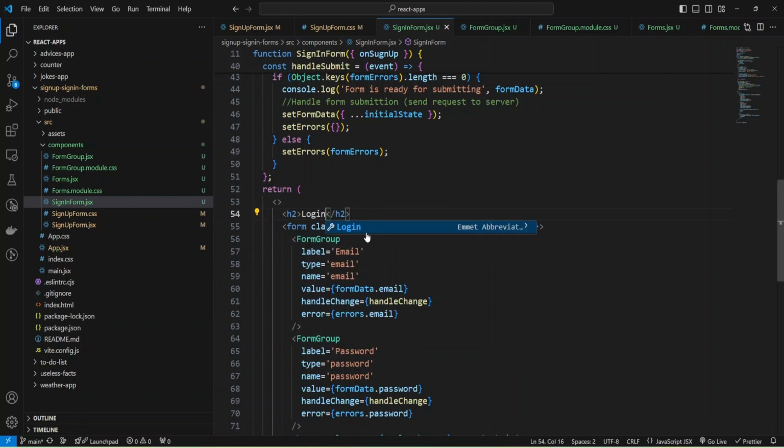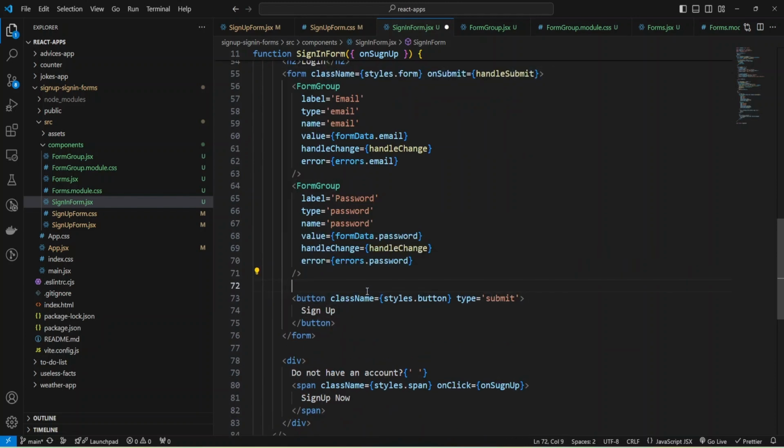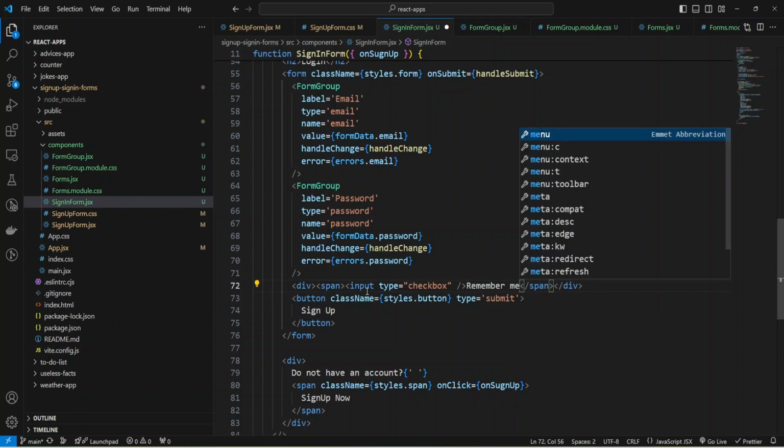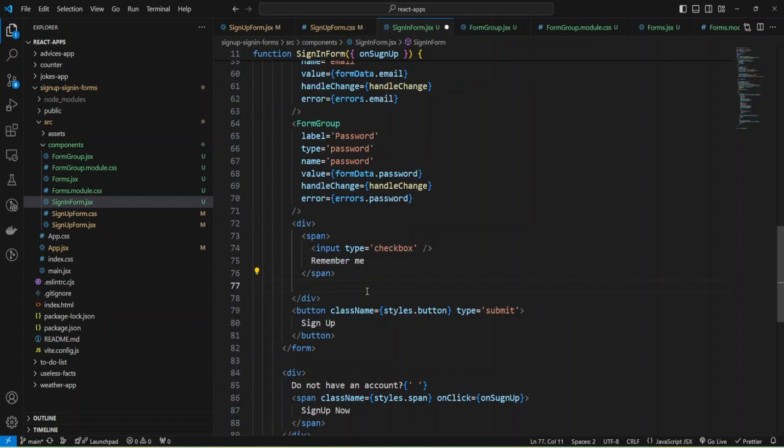And we need to add some div below the password field. Div and provide some span. And inside span will be input with type checkbox, and text remember me, and the second span will be for forgot password.